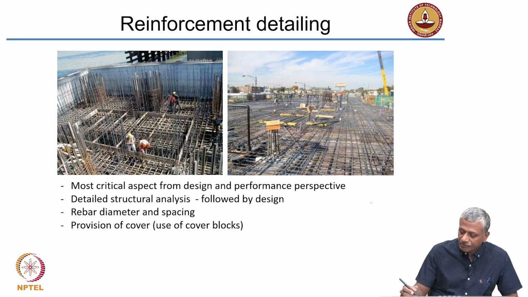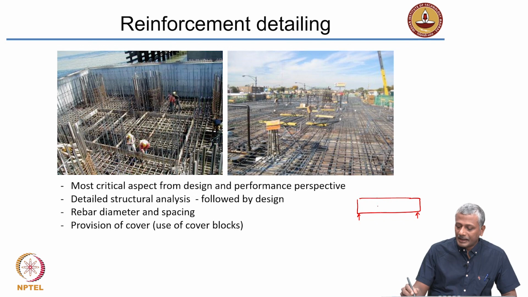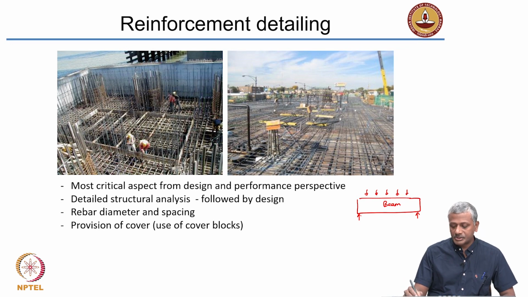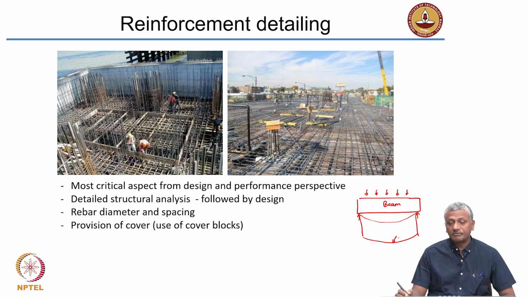Just for example, if you have a beam which is supported on the two ends, and of course the beam is getting loaded from the top. So that's a beam, it's getting loaded from the top. What will happen in most situations where it is simply supported, it's going to bend like this. The beam is going to have a shape like this after it bends. So this means that the bottom fiber where you have stretching, that's in tension, and the top fiber is in compression. So the steel essentially has to be provided close to the bottom of the beam.